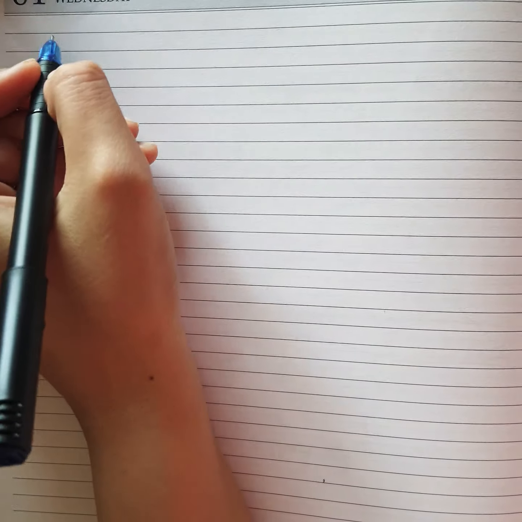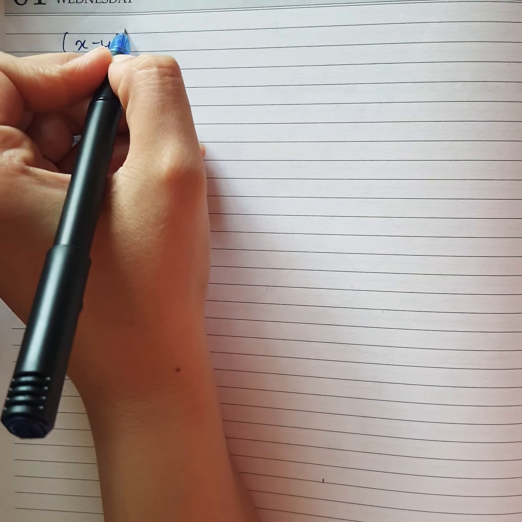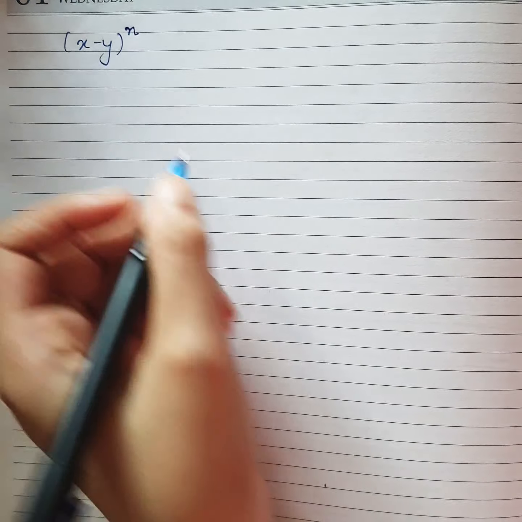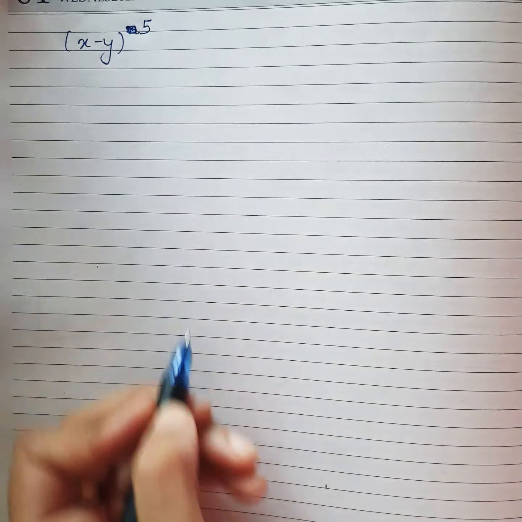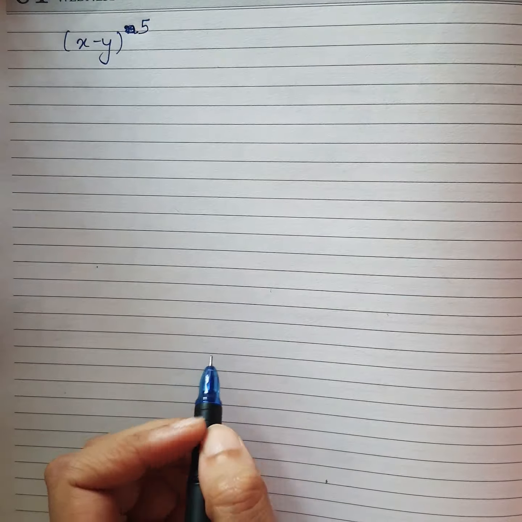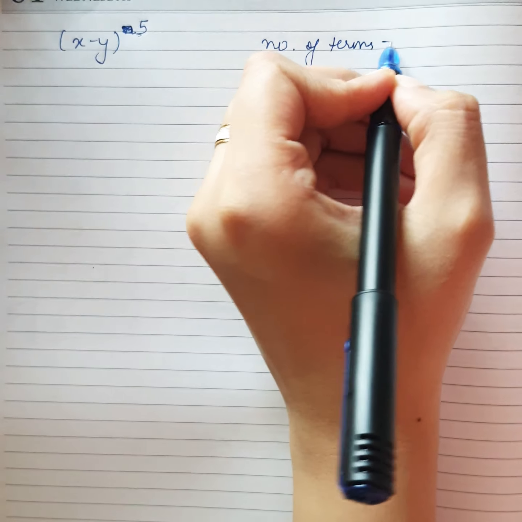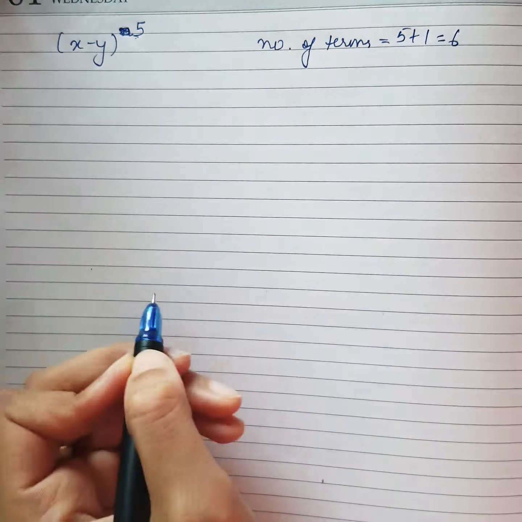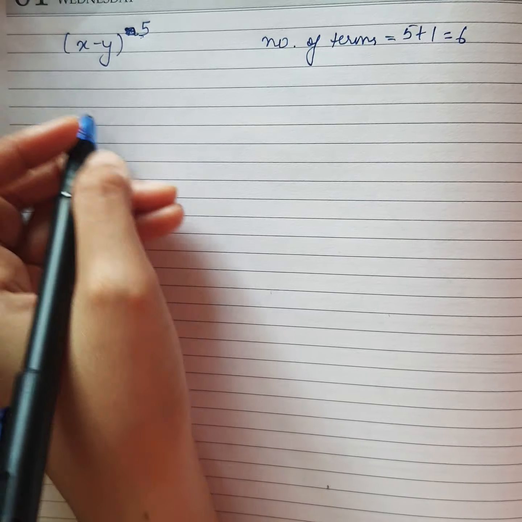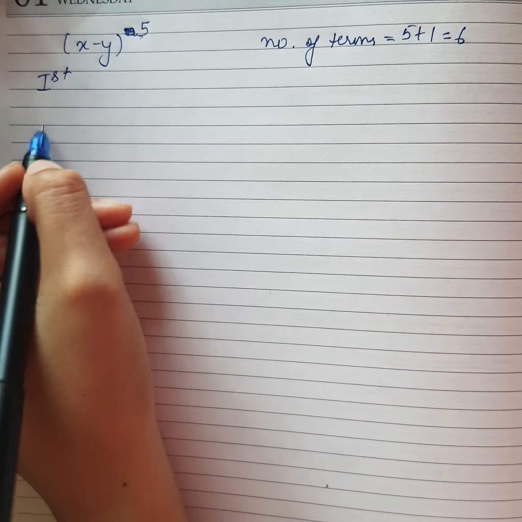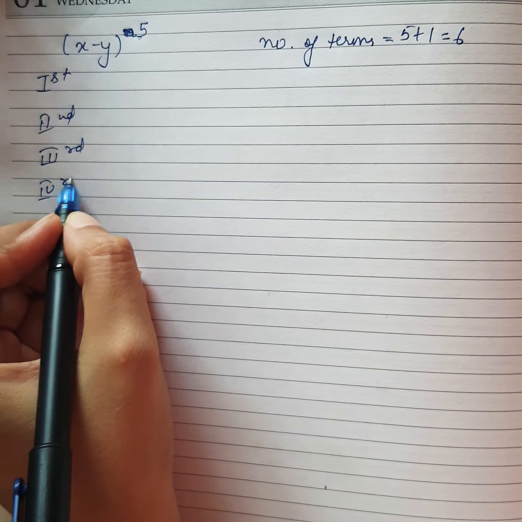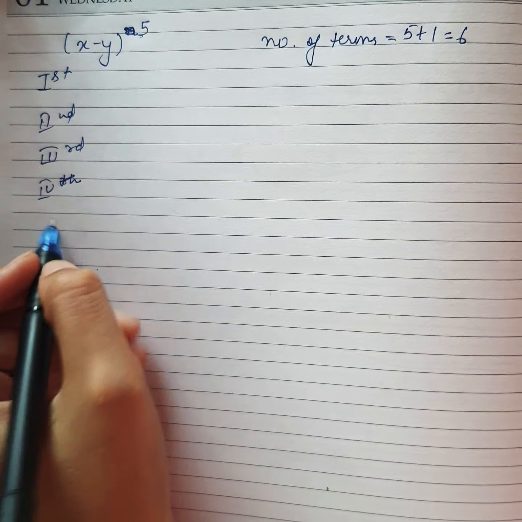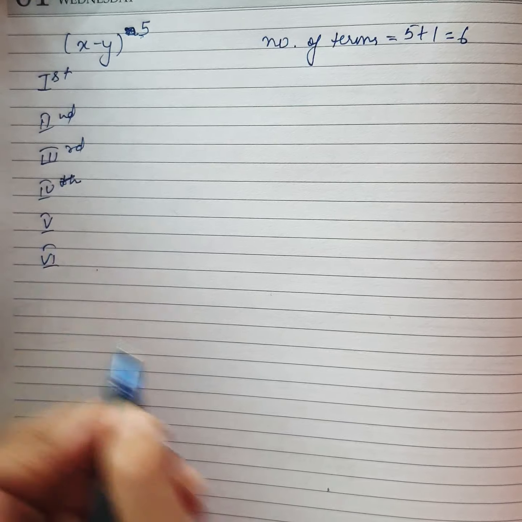Next, if we have a negative sign in the binomial expansion, say power n. In place of n, let us try for power 5. So without actual expansion, I can tell the number of terms to be 5 plus 1, 6. Let us expand. See, I will write it term by term. First term, second term, third, fourth, fifth and sixth. Total 6 terms are there.